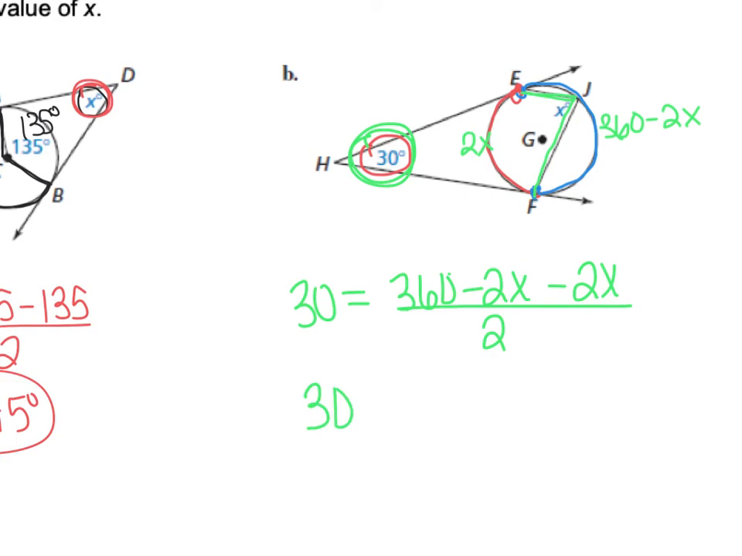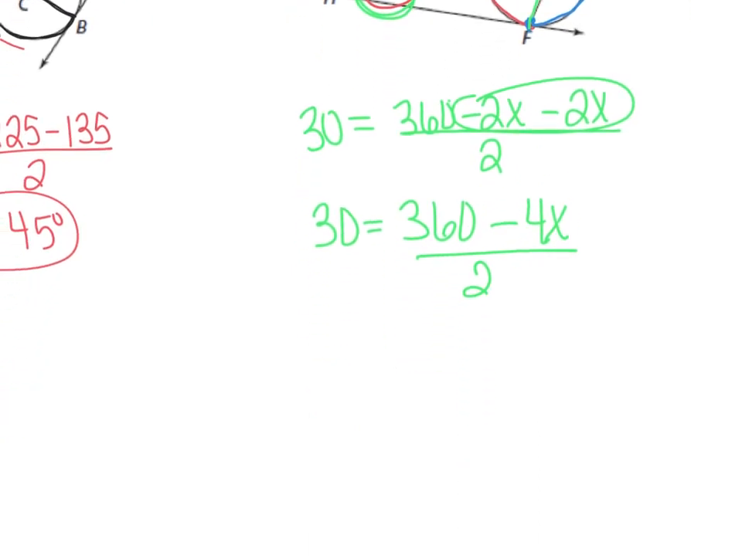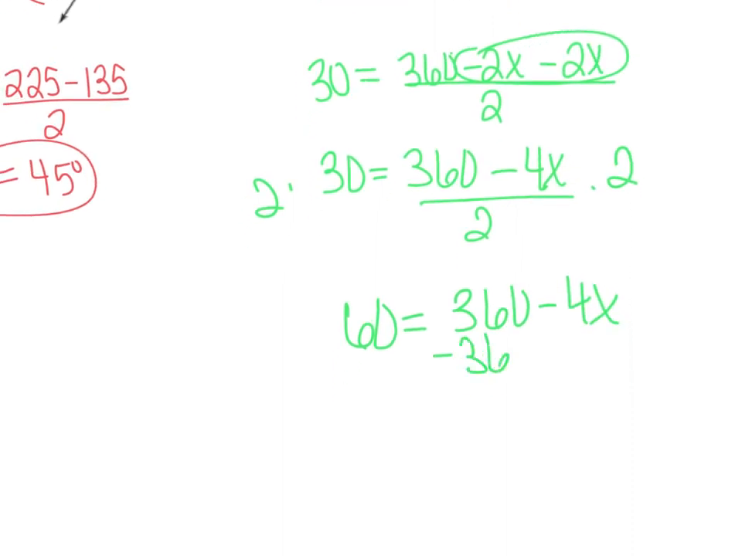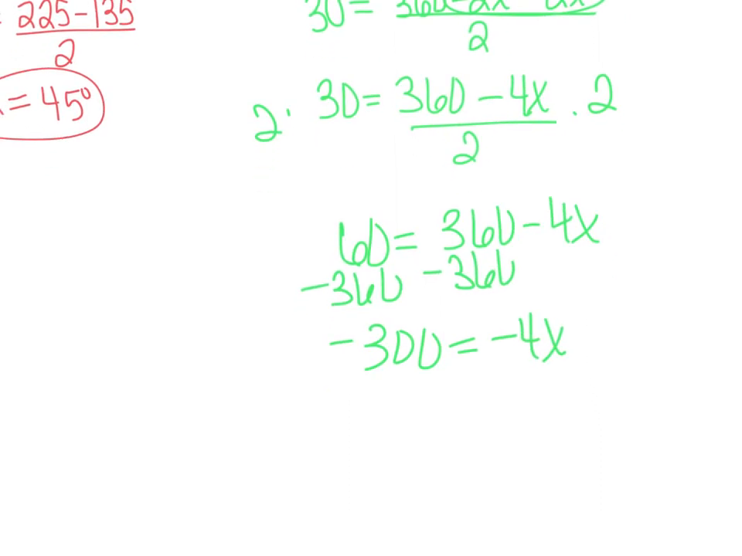Okay, so we have 30 equals 360, I put my like terms together here, minus 4x, divided by 2. Don't worry about the minus 4x in there with a negative, we'll get that taken care of. So I'm going to multiply both sides by 2, which means I get 60 equals 360 minus 4x. If I subtract 360 from both sides, I get negative 300 equals negative 4x. Don't lose track of all your negatives here. And if I divide by negative 4, I get that x equals